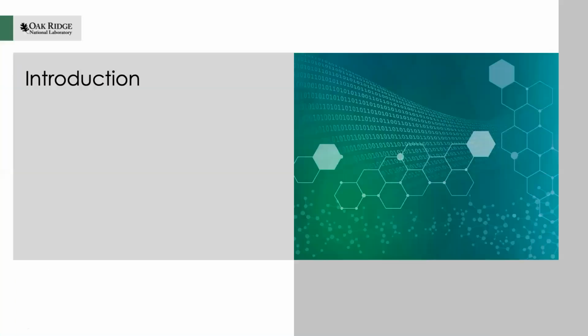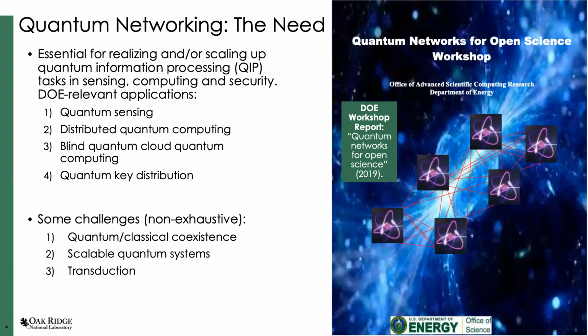To motivate this, we had one of these workshops, which was mentioned earlier in my introduction, and this was the first big workshop. Why should DOE be doing this? Really the answer is that if you're developing quantum resources, you get much bigger advantages if you can network these quantum resources. We could imagine building entangled sensor networks to probe new sectors for dark matter, as an example, but also